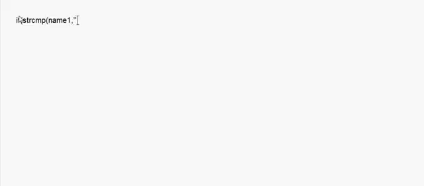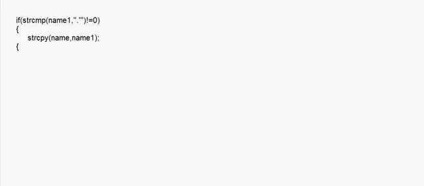If name1 is equal to dot, then it will give equal to 0. Or let's put it the other way around, is not equal to 0. If it is not equal to 0 it means the user has not entered a dot, he has entered something else. So in that case I say string copy name comma name1. So the record in the file is rewritten with name1, that is the new name that was given by the user.